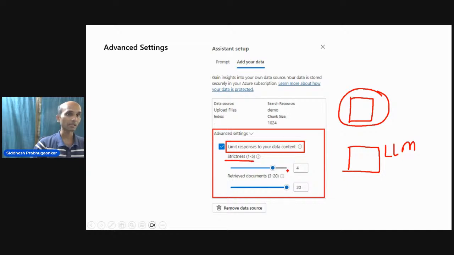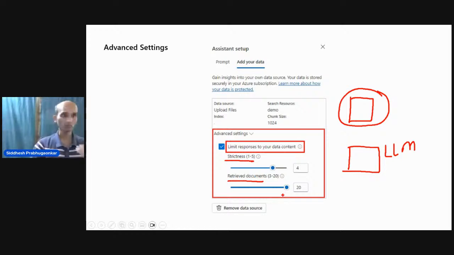Strictness will determine how aggressively you want to filter the similar documents or data within your data sources. Low strictness means the higher the strictness, it is going to filter out more similar documents. Next, retrieved documents. How many retrieved documents or matching results do you want to pass on to the LLM model? The higher the number,